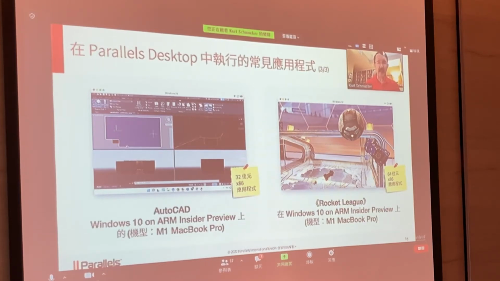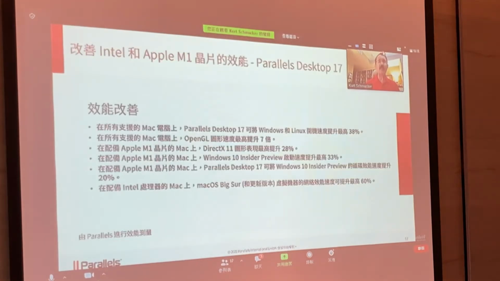But this leads me to the number one question I always get when there's a new release of Parallels Desktop, and that is, what's the performance? We were able to get performance improvements in a number of areas in Parallels Desktop 17. Some are on Intel, some are on M1, some are on both, but there's a wide range of performance improvements in Parallels Desktop 17. 那每一次有新版本的 Parallels Desktop 要发出的时候呢，大家会问的第一个问题就是说呢，那到底效能有没有改善？所以这边给大家看到我们效能的改善，有些效能呢是针对 Intel 的机型，有一些是针对 ARM 的机型，有些是在两种机型上面呢都有所提升。